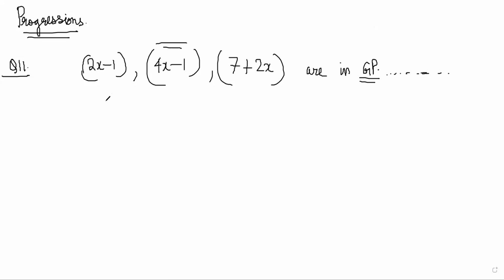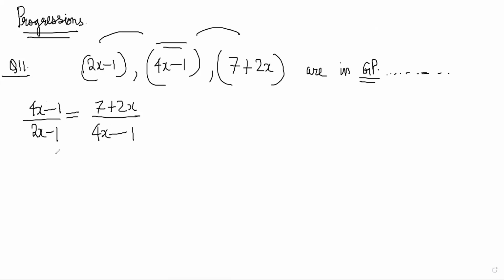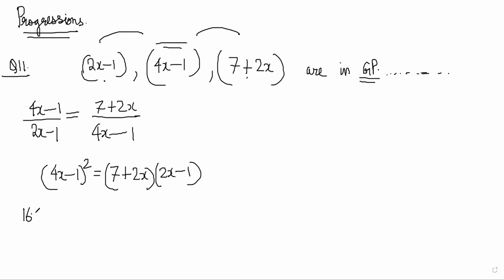They have a common ratio. So basically, 7 plus 2x divided by 4x minus 1 is equal. So yeah, I did that method also. So that method is the correct method. This is true. Yeah, that's what I got. If 3 numbers are in GP, you can always say the middle number square should be equal to the product of the first and last number. So 4x minus 1 square should be equal to 7 plus 2x multiplied by 2x minus 1, right? So this becomes a quadratic equation that you can definitely solve.